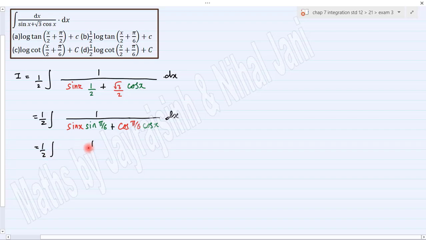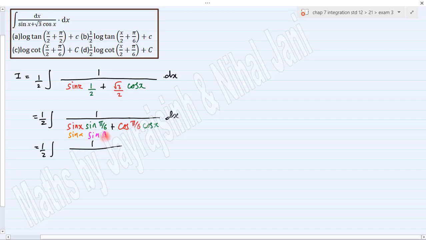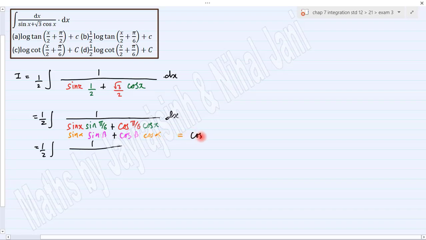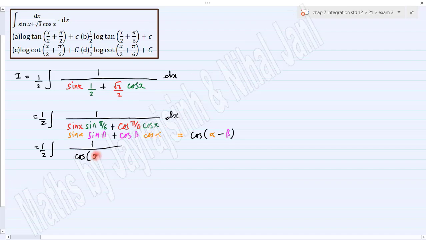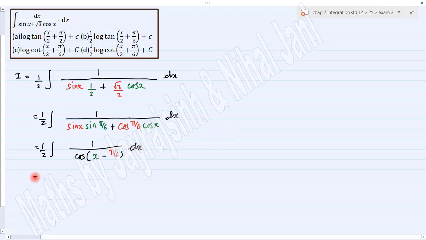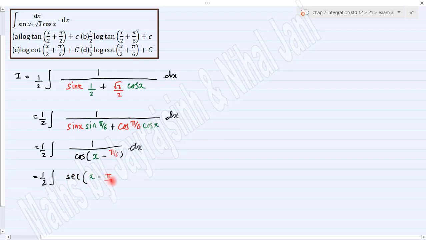So we will get the sin alpha sin beta plus cos beta cos alpha form, which is equal to cos of alpha minus beta. So in the denominator we will get cos of alpha, or we can say x, minus beta, or we can say pi by 6, dx. Now this 1 upon cos can be rewritten as sec (x minus pi by 6),